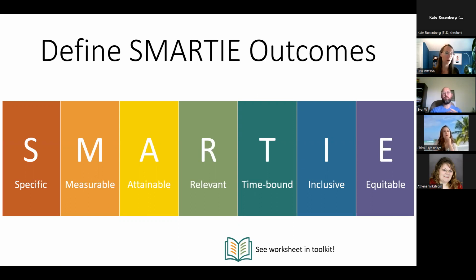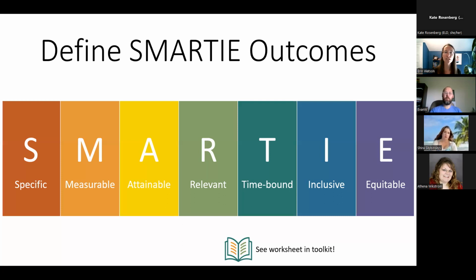So SMART: specific. Have you clarified the who, what, where in terms of what exactly you want to see change? Measurable. Can you measure it? Can you actually see an observable change? Can you find evidence that this would change in a way that people could agree? Is there a standard or an indicator you could use to show that this change has been made? You want to be able to measure it and have people agree, yes, this has actually changed. You can define that. Attainable, yet ambitious. So ambitious enough where it's actually going to move the needle, but attainable and realistic.